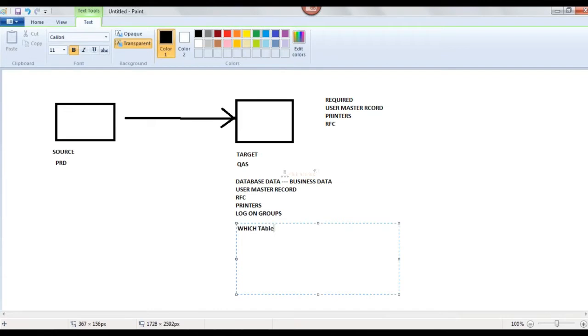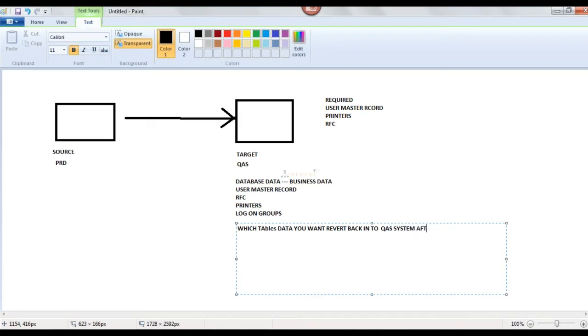Which tables data do you want to revert back into which system?